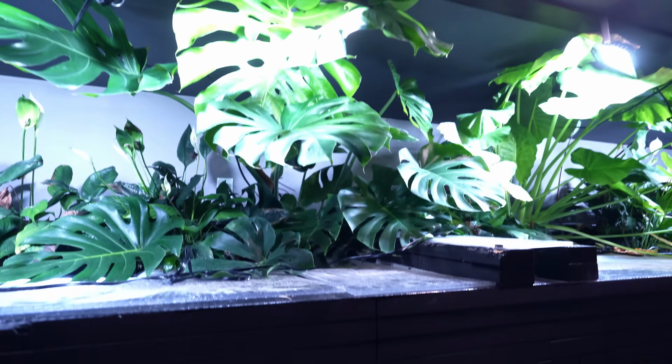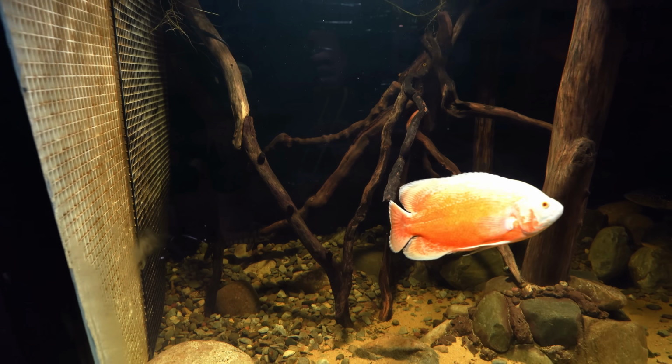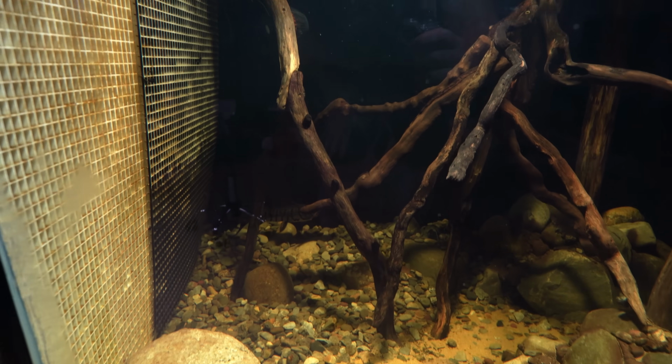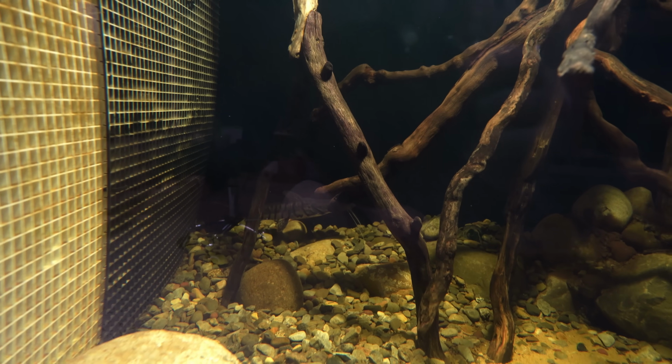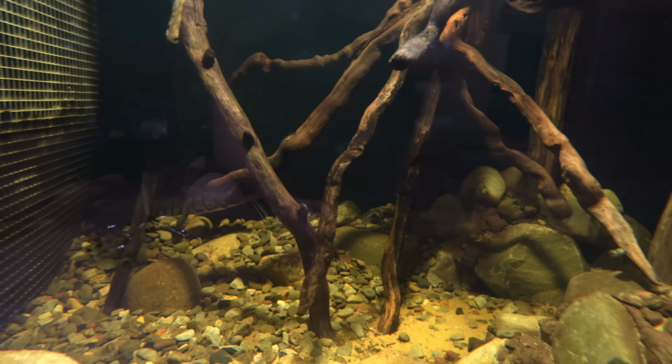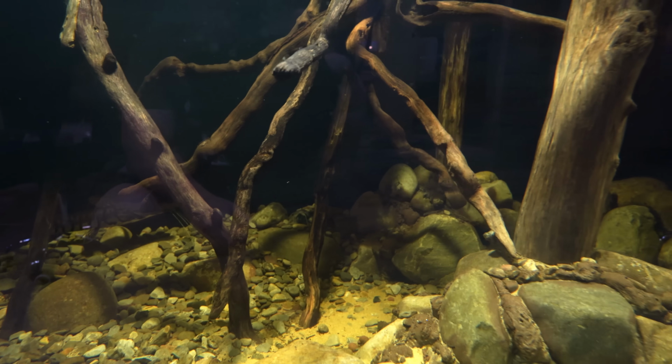So we didn't have to compromise anything up there for the plants, and we get to increase the lighting down below. And also, back in those areas, I do want it murky to some degree, like the Amazon, as far as the lighting, but I do want to be able to see back there, so you can see the tiger shovelnose all the way in the back, underneath all that root,